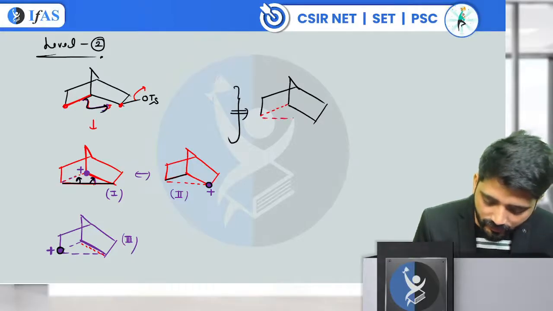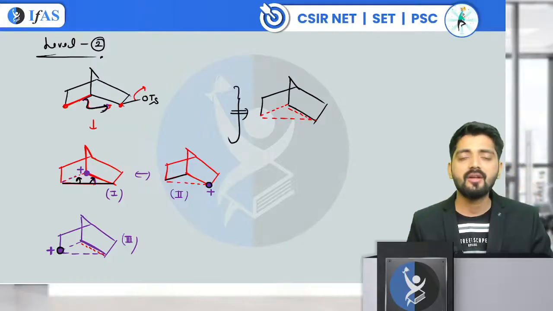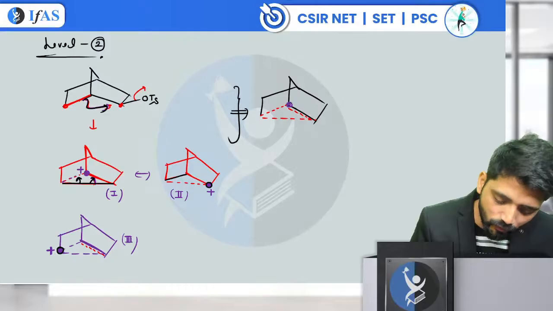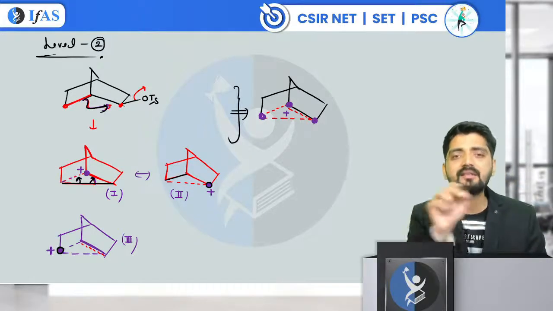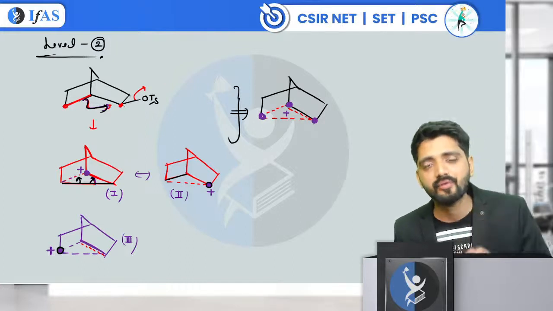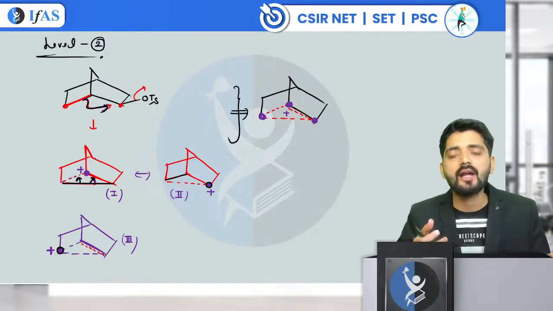In a few cases, the bond was present here, and in a few cases, the bond was present here. And very interestingly, the positive charge is now delocalized at this center, at this center, and at this center. So I can say that this positive charge is roaming at three centers. So can you tell me such type of carbocations are actually called a classical carbocation or